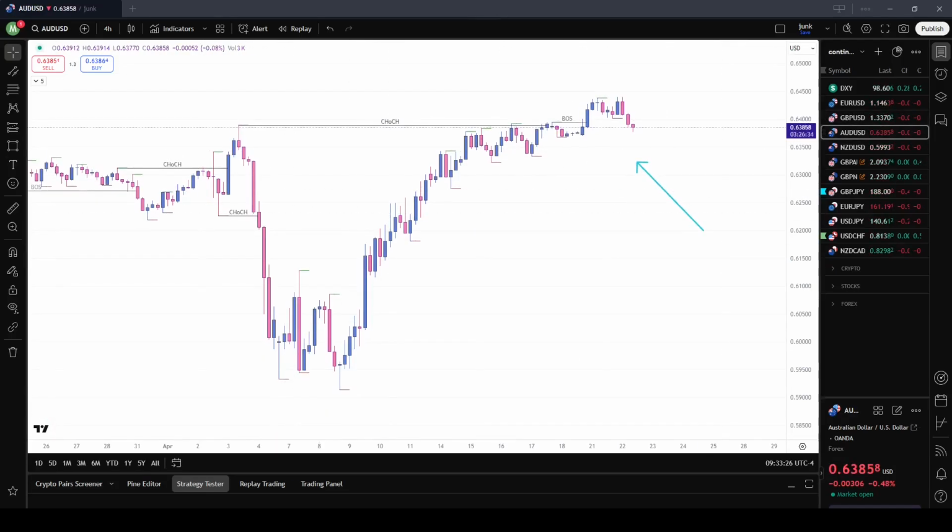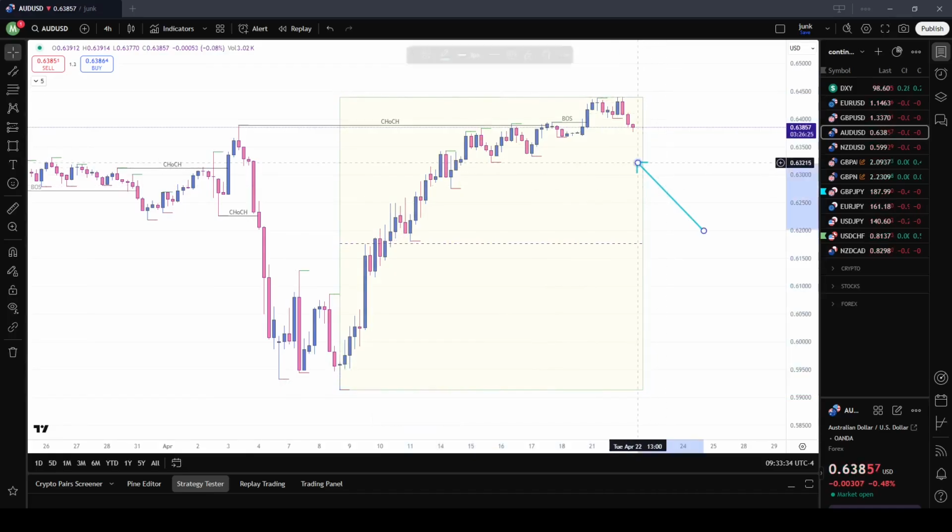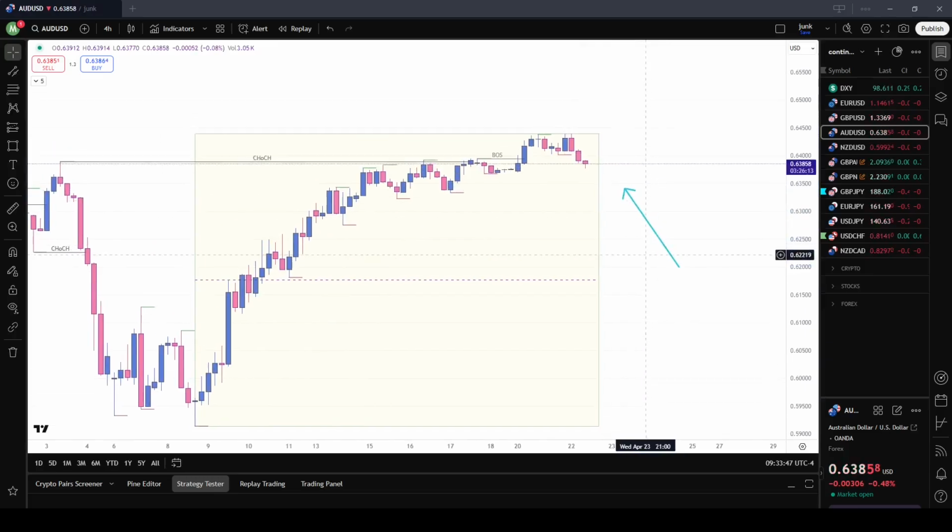AUD USD, let's go and map out the current range. Prices have continued to push higher. Again, just like with the other dollar pairs, there's liquidity sitting on these lows, so if it starts to retrace. It is technically just trading sideways, hasn't broken past these lows, just past this low that was formed yesterday,